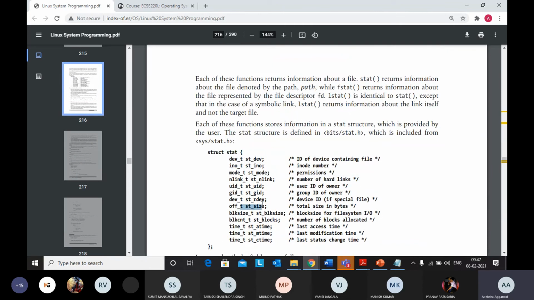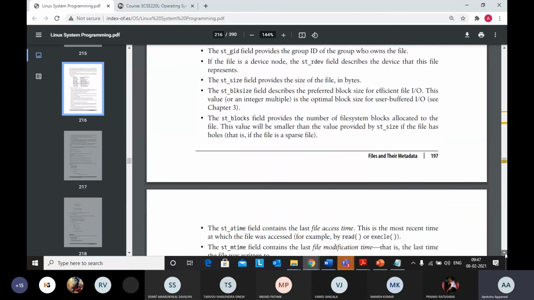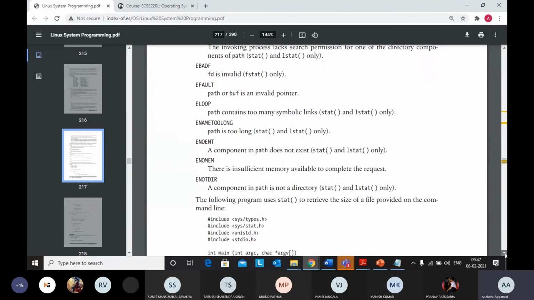So sb is the structure in that program, and sb.st_size is the structure member where it will return the size of that file.